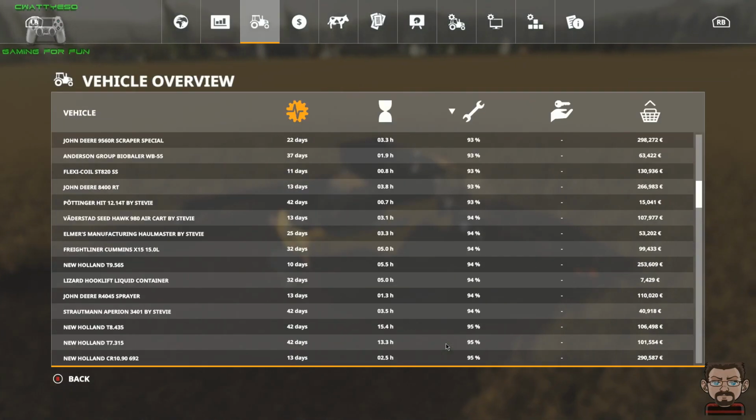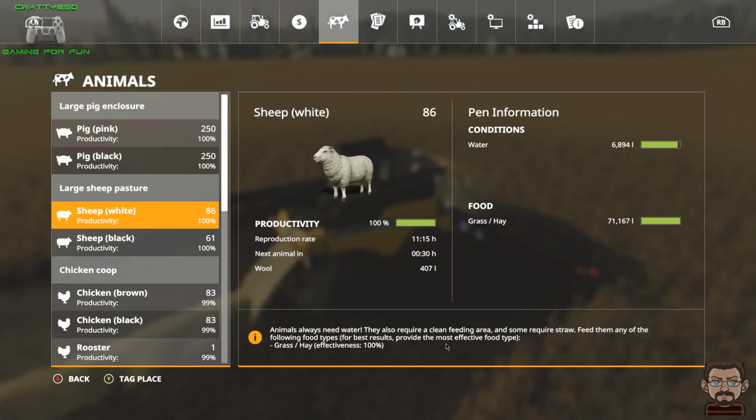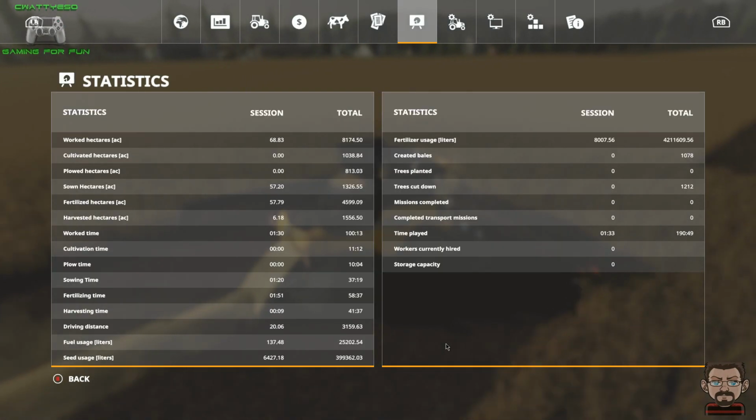Oh, we're basically just going to be sat doing Helgetus Contract today then. That's all we need to do. The animals are pretty taken care of. Don't bother with contracts. For anybody keeping statistics on the save, I have now been playing this save